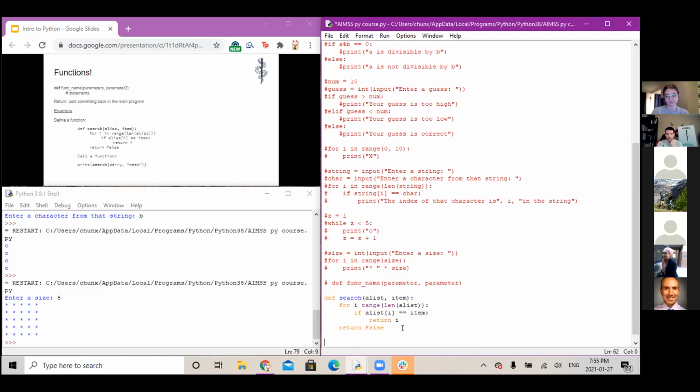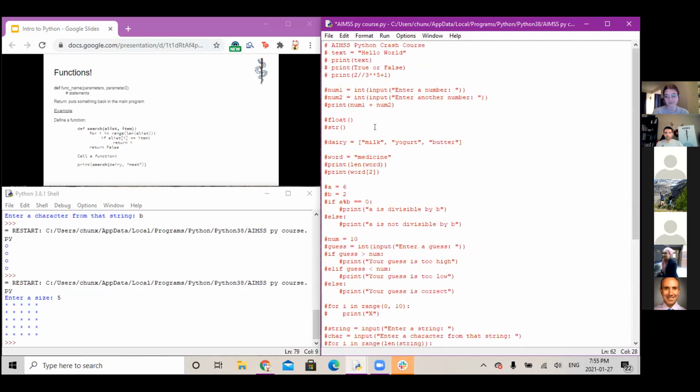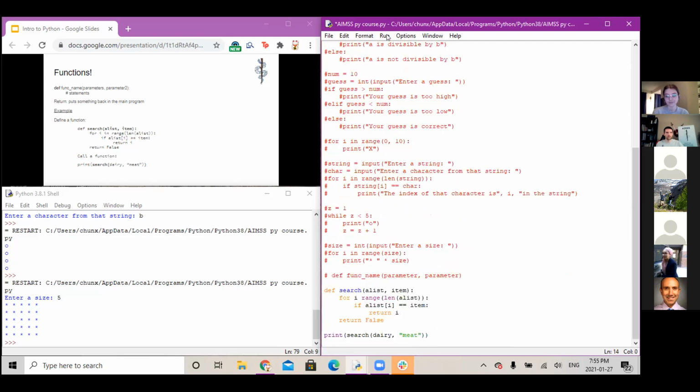And you can't use a function without a function call, so in order to call that function, I will tell the program to print out search, which is the function name, and then I give it the parameters that I want to put into here. So I want the list to be our list called dairy, and I want the item that we want to search for to be meat, like this. And I have to make sure that dairy is not commented anymore. Okay, and so we're going to search this list for meat. And if I run it,